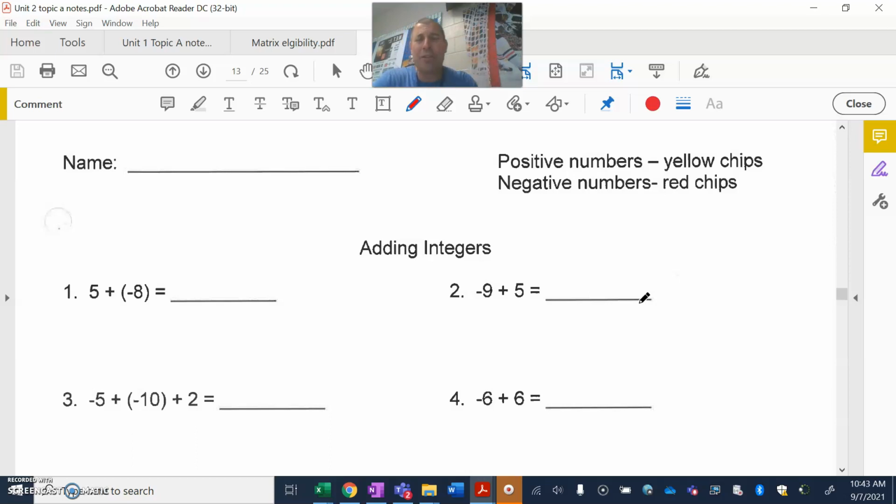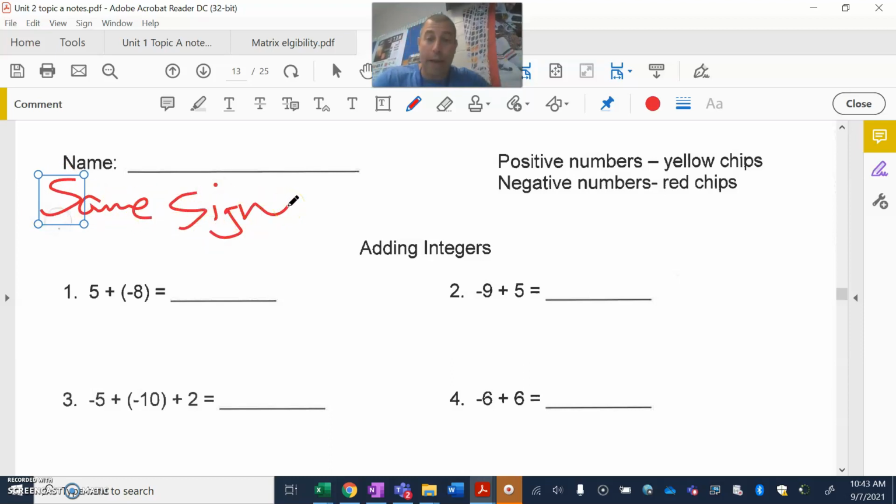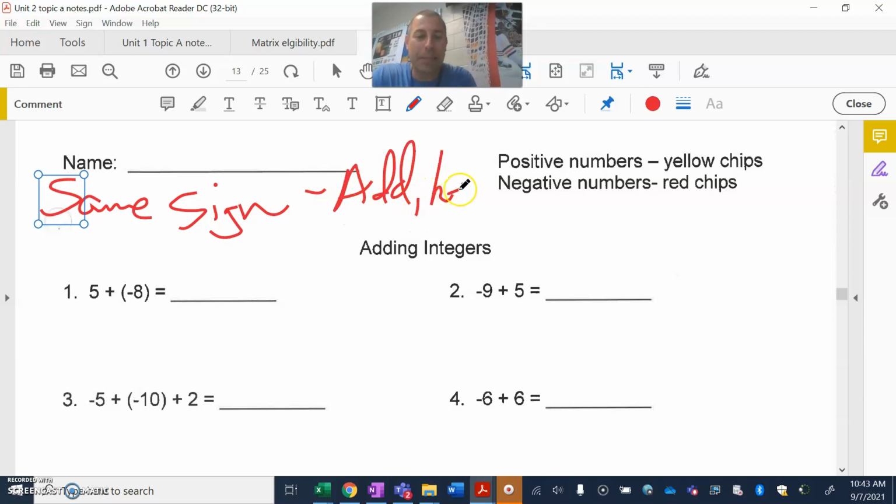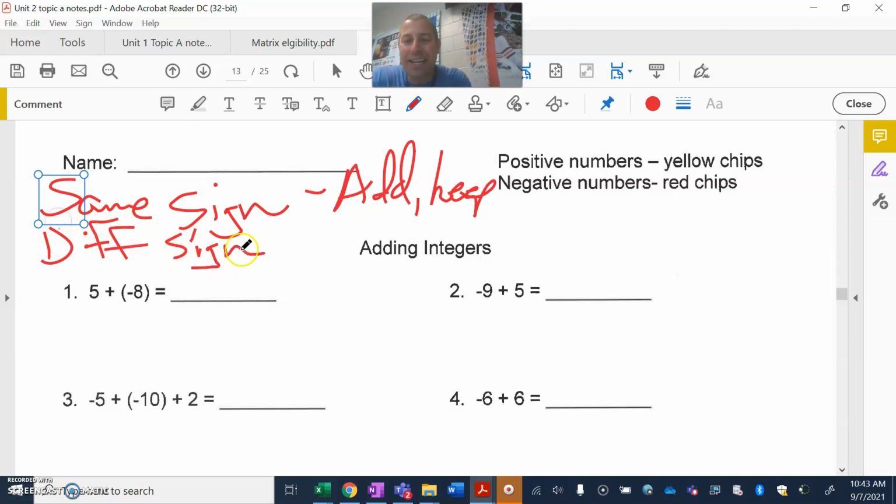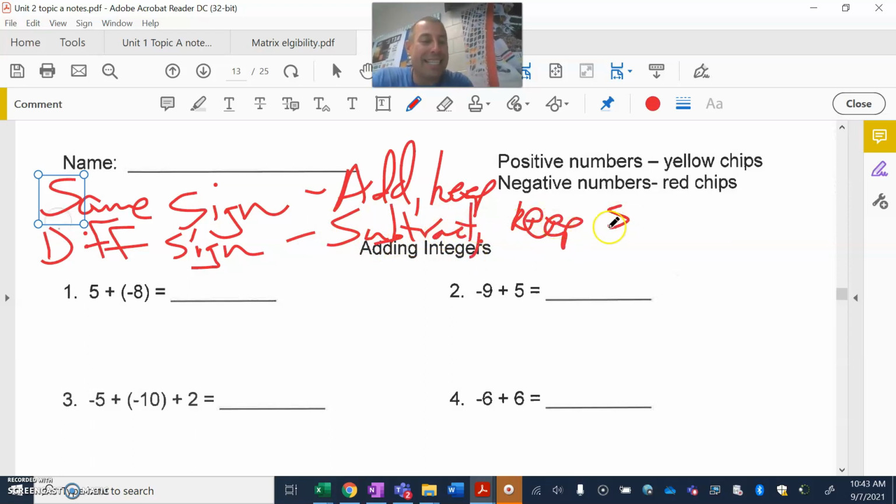I know. So let's go through it here. Here's your rules. That silence was a dramatic pause. Okay, same sign: we're going to add and we're going to keep the sign. We'll talk here in a second. All right, different signs: we're actually going to subtract. And then we're going to keep the sign